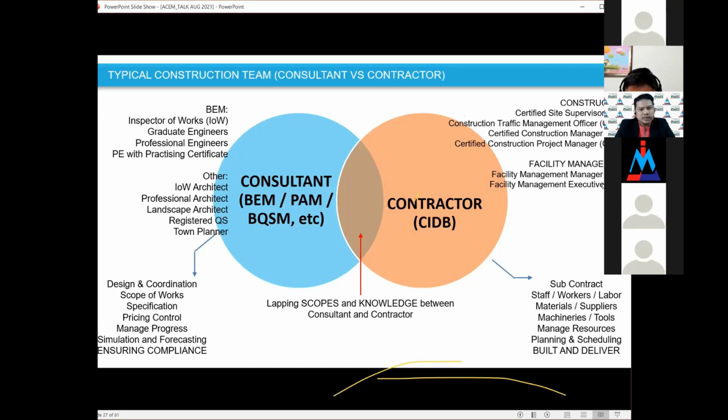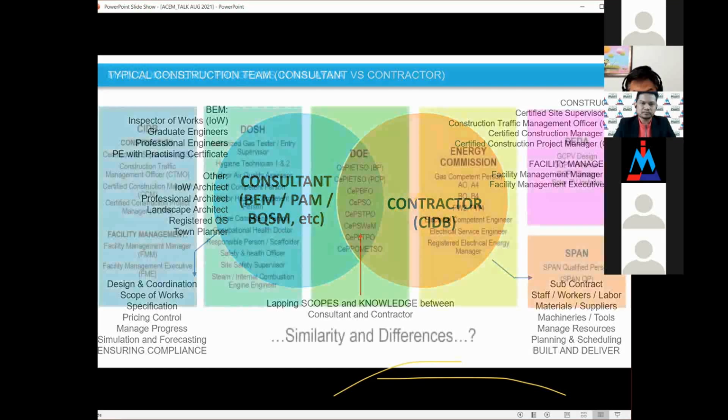So basically, this is where we know that each party actually knows each other's work. We understand how a contractor works as a consultant, and the contractor also understands how the consultant works. That is why our common understanding benefits us more if we have both. Either we have PE, at the same time we also have CCPM as a seal of our experience being assessed by regulatory bodies such as CIDB.